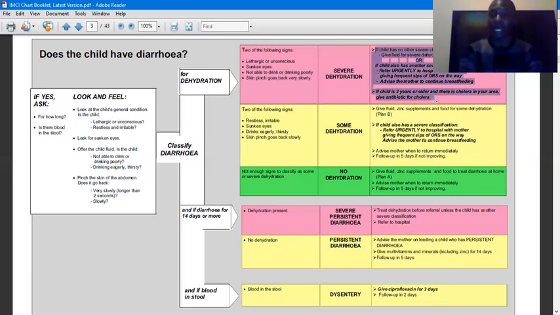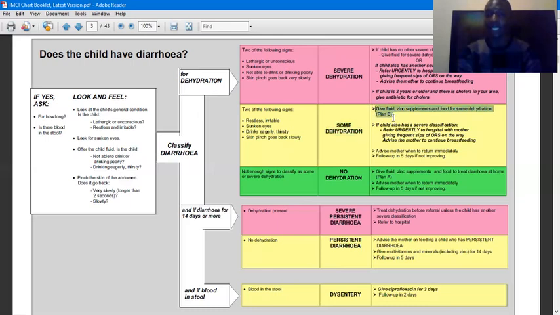in this particular booklet. Then apart from that, it says if the child presents with diarrhea, but this diarrhea has also 2 of the following signs, such as restless or irritable, sunken eyes, drinks eagerly or thirsty, or skin pinch goes back slowly, meaning you need to classify the type of dehydration as some dehydration, and you give fluids